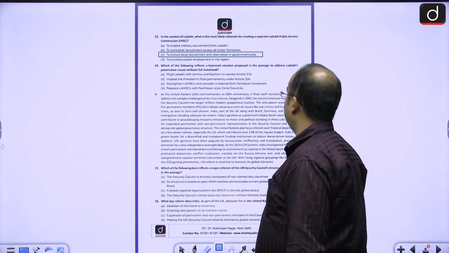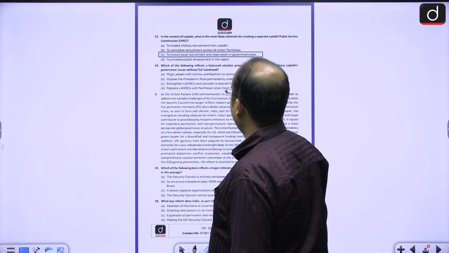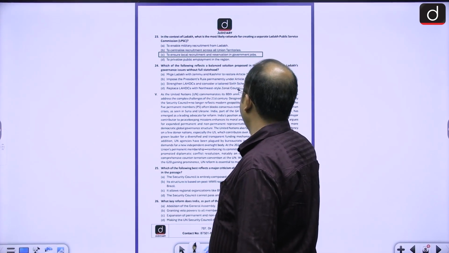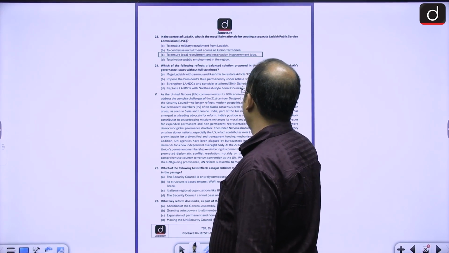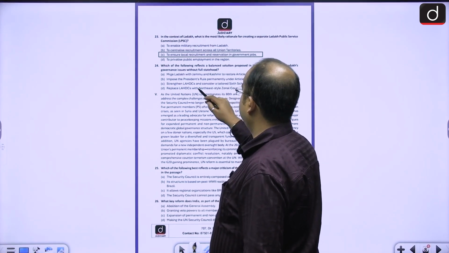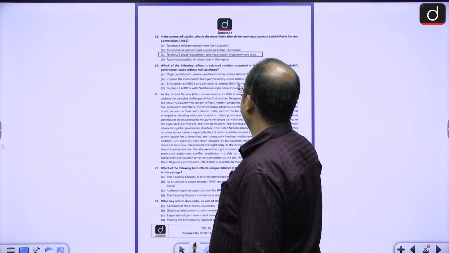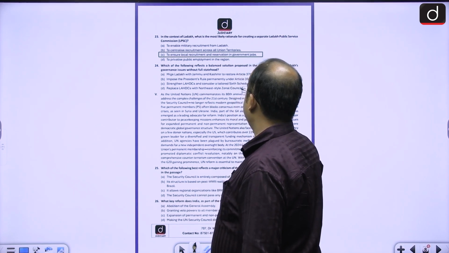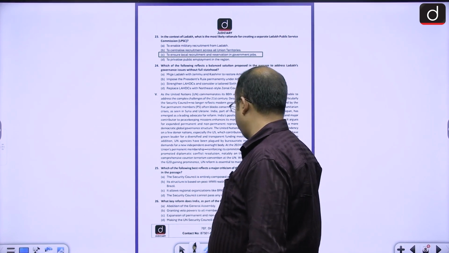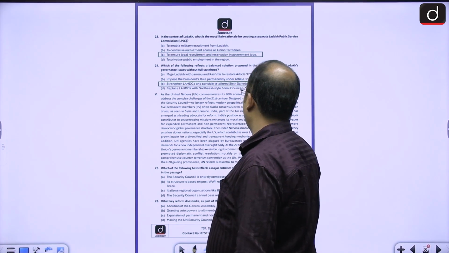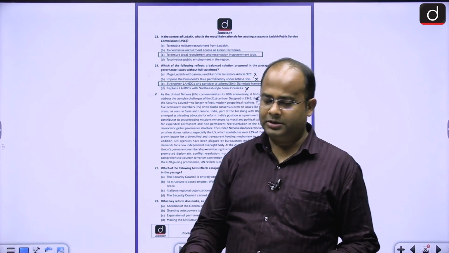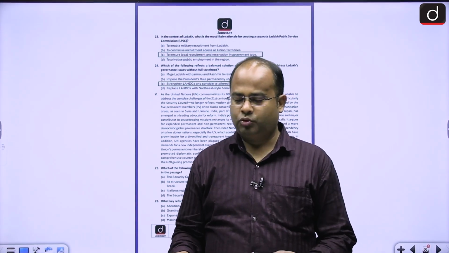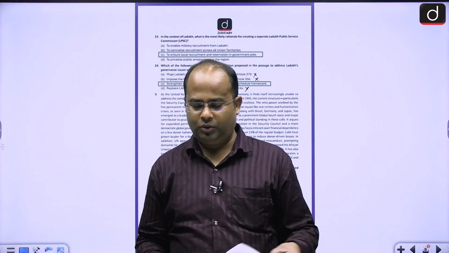Now, which of the following reflects the balanced solution proposed in the passage to address the Ladakh governance without full statehood? Merge Ladakh and Jammu Kashmir, restore Article 370, नहीं. To impose president rule permanently in Ladakh, ये भी नहीं. Strengthen Ladakh Hill Development Council and consider tailored 6th schedule framework. Replace all Ladakh Northeast with the zonal council, तो C भी D भी नहीं होगा। करेक्ट आंसर होगा ऑप्शन C। तो आप इसको भी एक लॉजिकल स्ट्रीम के थ्रू आंसर कर सकते हैं।